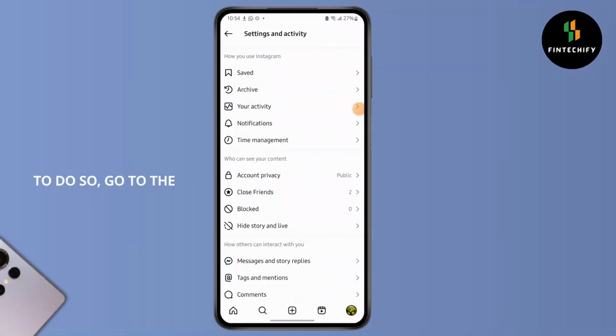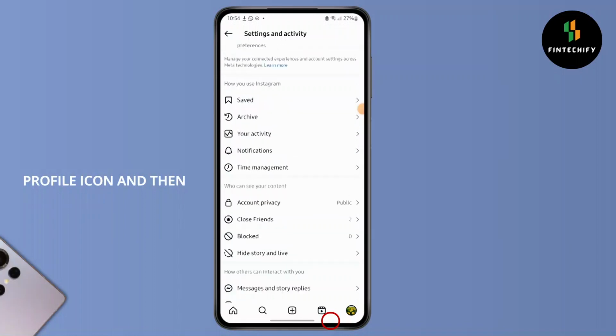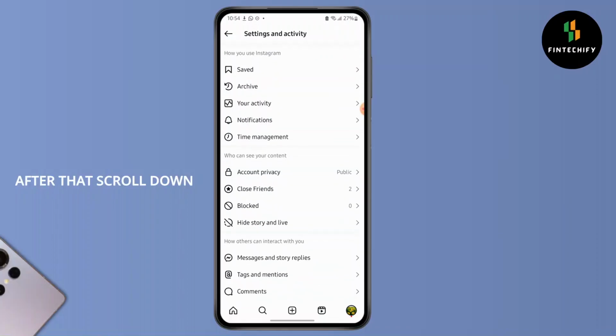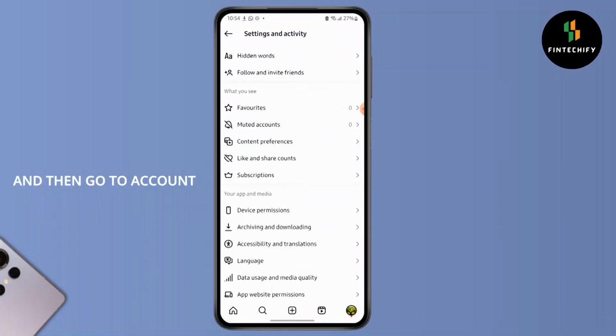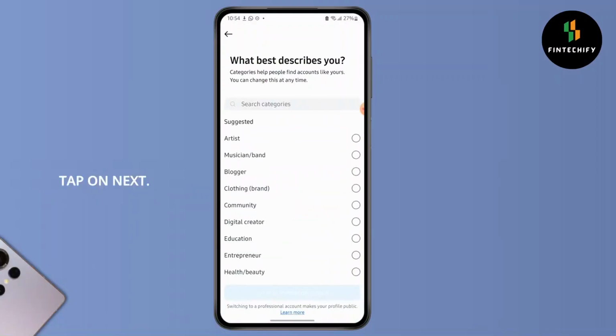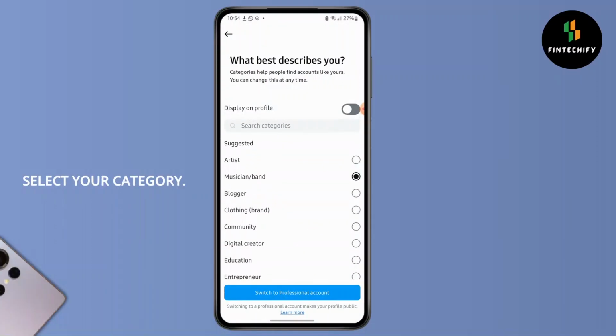To do so, go to the profile icon and then go to the menu bar. After that, scroll down and then go to account type and tools. Go to switch to professional account, tap on next, select your category, select switch to professional account